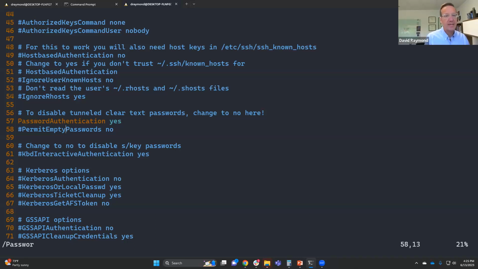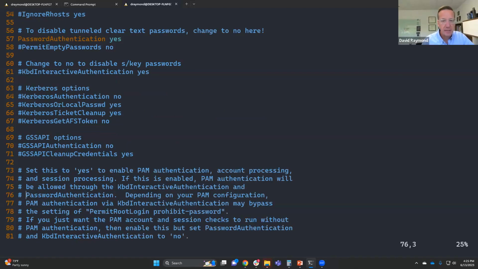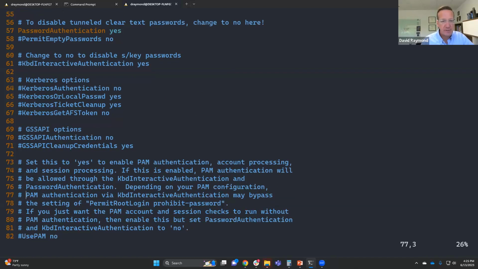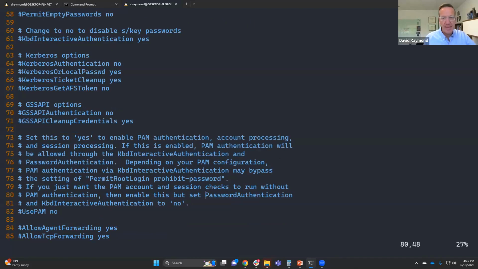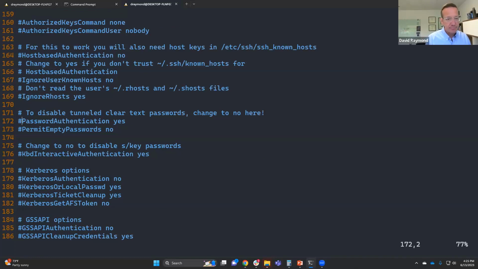So now if I hit N, I'm going to get to the next occurrence of the word password, right? And then if I hit N again, where did it take me? It took me down here, right? So here's the word password again. And then if I hit N again, it takes me to the next occurrence. And then if I hit N again,